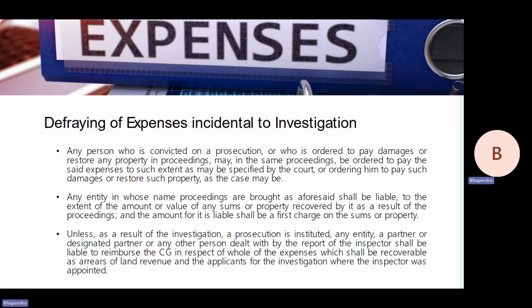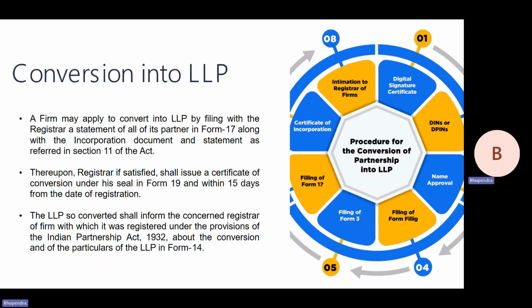Now moving forward with the conversion into LLP, a firm can be converted into LLP by filing a form number 17 along with the incorporation documents, statements as referred in section 11. Section 11 में नॉर्मल स्टेटमेंट्स दे रखी है जैसे दो पार्टनर होने चाहिए मिनिमम, पर एक सिंगल पर्सन तो पार्टनरशिप फॉर्म ऑब्वियसली नहीं हो सकता या एलएलपी नहीं हो सकता। तो ये सेक्शन 11 में से नॉर्मल टर्म्स दे रखे हैं कि डेजिग्नेटेड पार्टनर, जैसे हर्षदा ने बताया था कि दो डेजिग्नेटेड पार्टनर मिनिमम होने चाहिए।